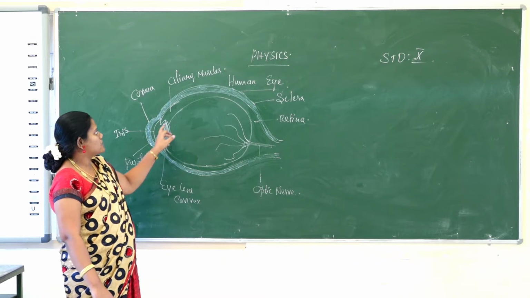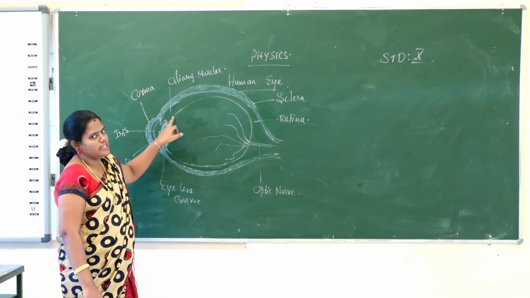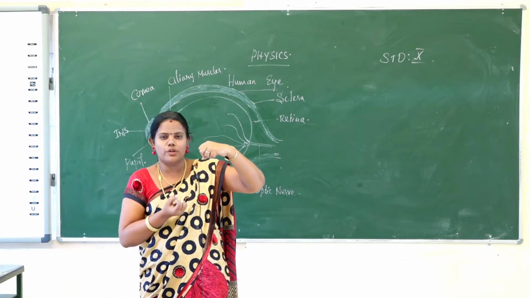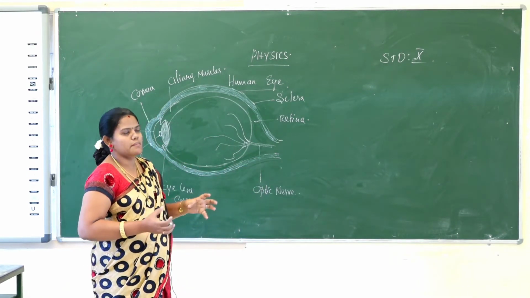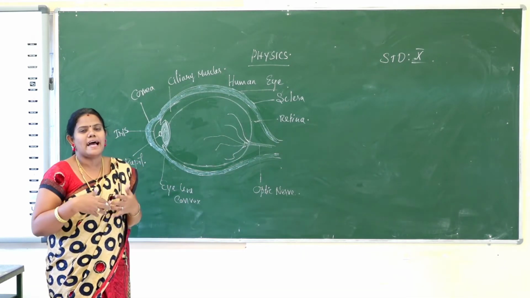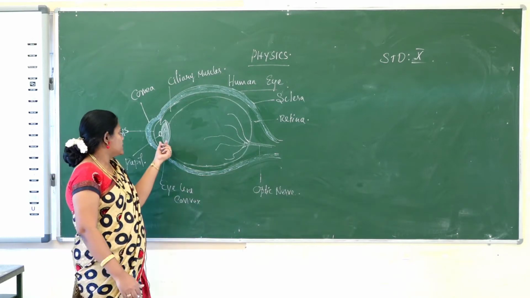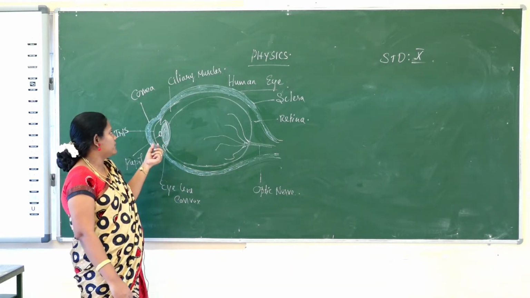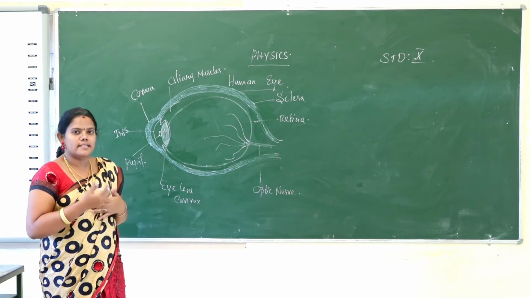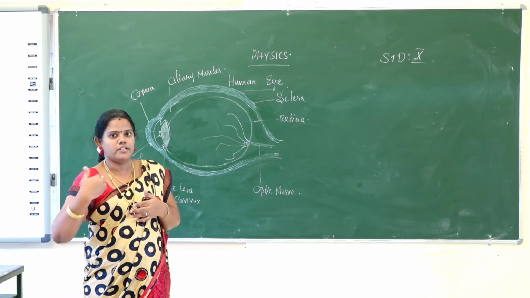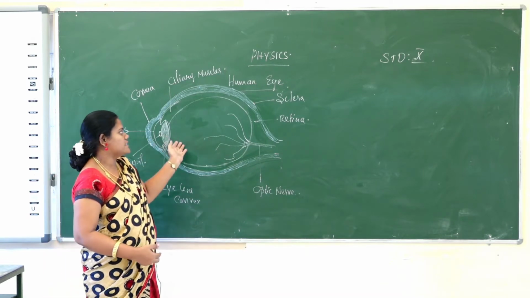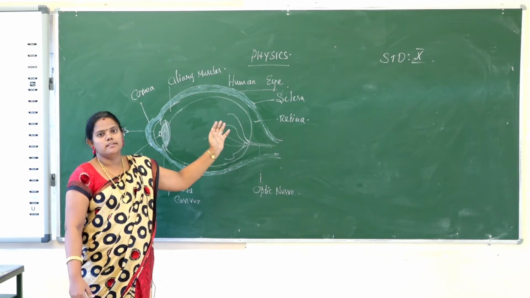Okay, and then the next part is the ciliary muscles. The ciliary muscles are the stand of the eye lens. They are the support holding the eye lens on both sides. The ciliary muscles contract and relax at times because they alter the focal length of the eye lens. They are the only part that can adjust the focal length of the eye lens. Sometimes they contract and sometimes they relax, so the focal length increases and decreases, and the amount of light entering the eye lens is adjusted. This creates the image on the retina.